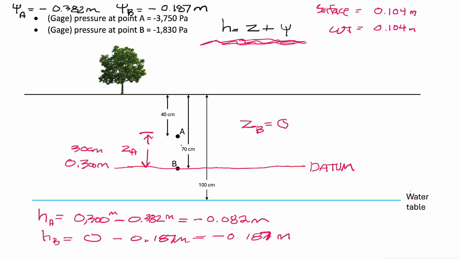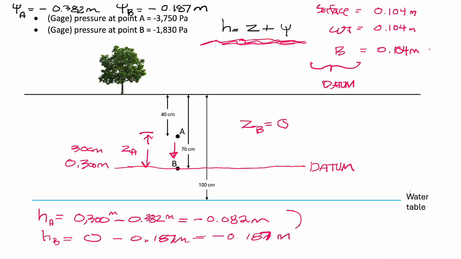So once again, we can see that the head of A is larger than the head of B. Water is going to flow down from A to B, and this difference here, these are my choices of datum, is the same thing, 0.104. So the lesson here, why I actually calculated this difference for each step, was to make the very important point that we are going to get exactly the same result